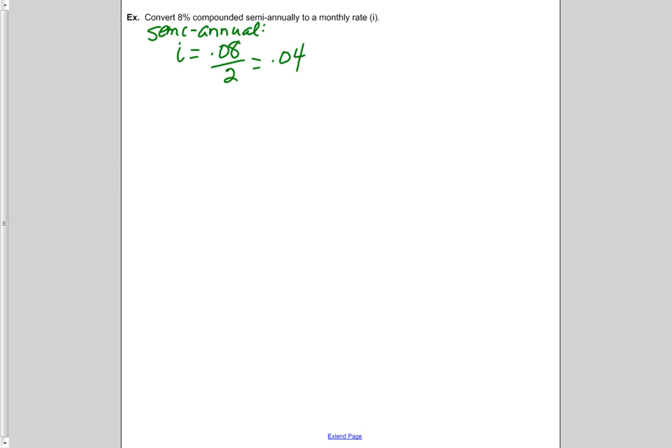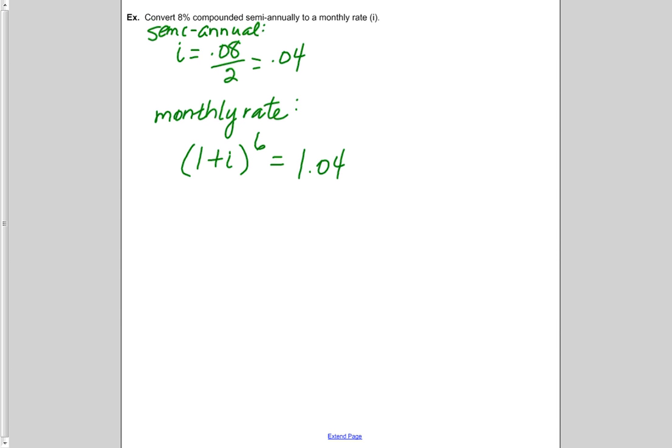To convert that into a monthly rate, it's not as simple as dividing by 6. Because it is compounded semi-annually, we are dealing with 4% semi-annually. End of story. To convert it to monthly, we know that 1 plus i to the power of 6 is